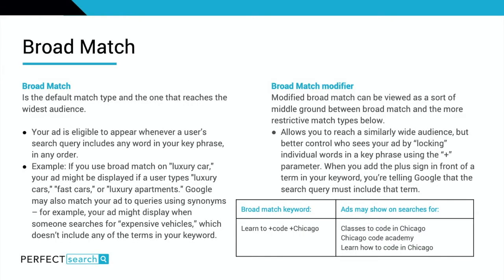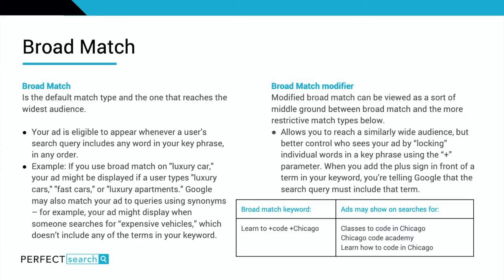First, talking about broad match. Again, broad match is kind of exactly what it sounds like. It's the one that reaches the widest audience, and it's also the default match type because it doesn't have any sort of brackets or quotations around it like the other match types. And what that's telling Google is that Google can match your ad to queries using synonyms. So for example, your ad might display when someone searches for expensive vehicles, even though your keyword is luxury